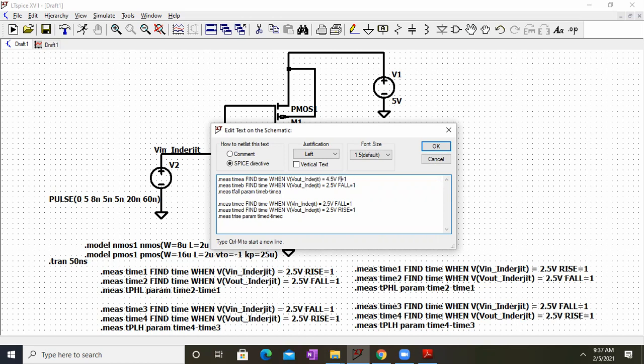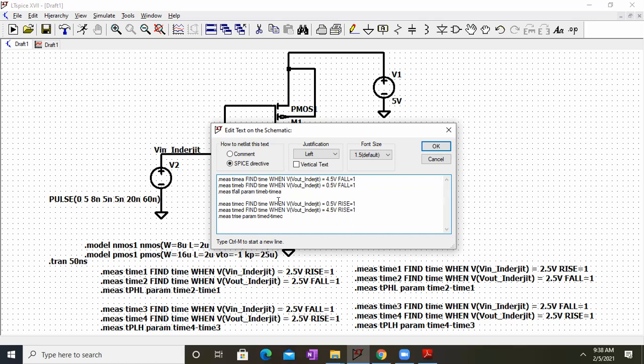So this will be fall time, when the input is falling from 90% to 10%, right? So 10% is 0.5, and when again it will be coming fall. Okay, so this is happening. Now the rise time will be the same over here. This will be V out, and it will be 0.5, 10% to 90%, right? So 0.5, and here we'll have rise equal to 1, and similarly here it will be 4.5, the 90% value.